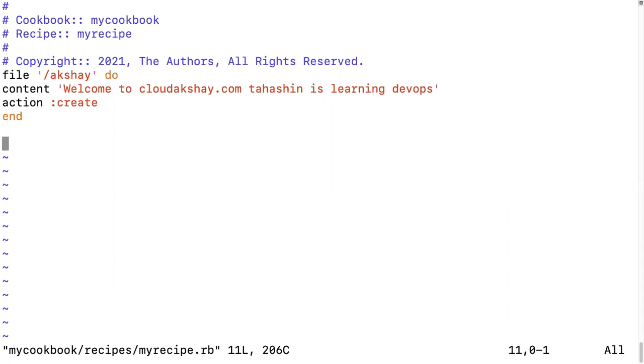Okay, so I'm going to use the resource as a package, and my content is HTTPD. In RHEL, we write HTTPD, and in the Ubuntu version, we write Apache2.